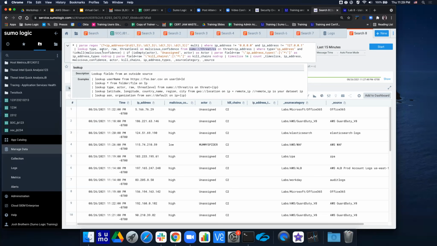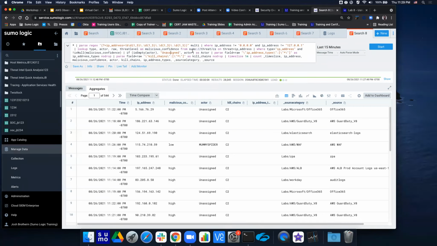From that database, don't grab country, region, location, grab stuff that's related to threats. Grab type, actor, raw, threat level. And for the threat level, I want to call that malicious confidence. So I'm renaming that. Then a bunch of other stuff is happening. But what we are left with here is the fact that the system has found this IP address, and CrowdStrike